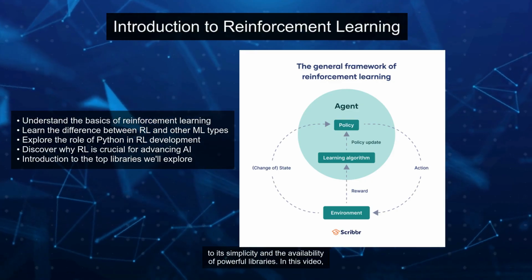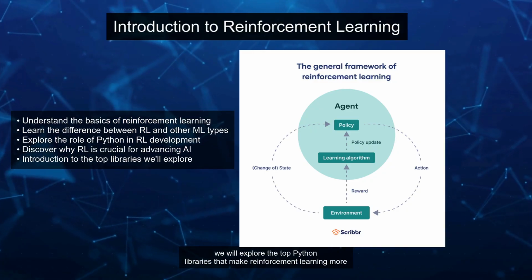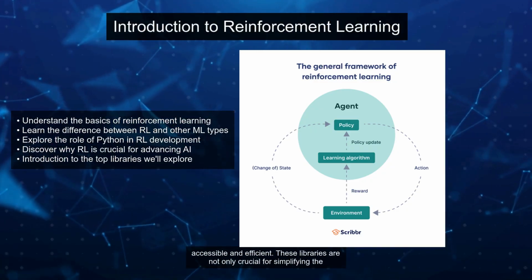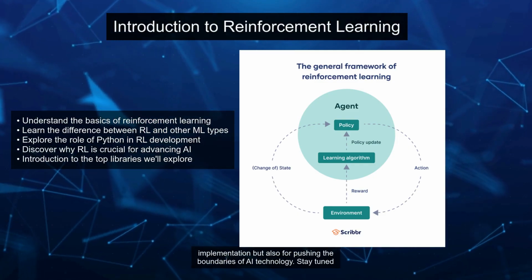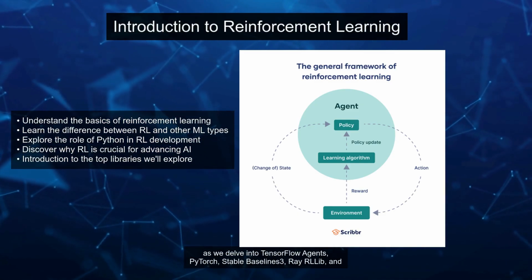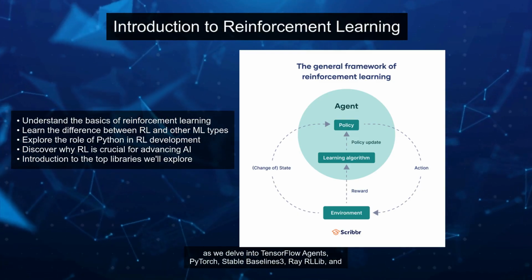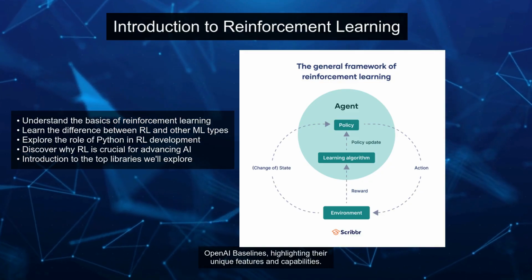libraries. In this video, we will explore the top Python libraries that make reinforcement learning more accessible and efficient. These libraries are not only crucial for simplifying the implementation but also for pushing the boundaries of AI technology. Stay tuned as we delve into TensorFlow Agents, PyTorch, Stable Baselines3, Ray RLLib, and OpenAI Baselines, highlighting their unique features